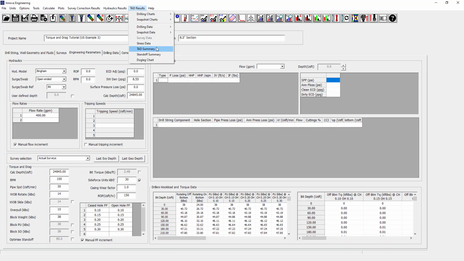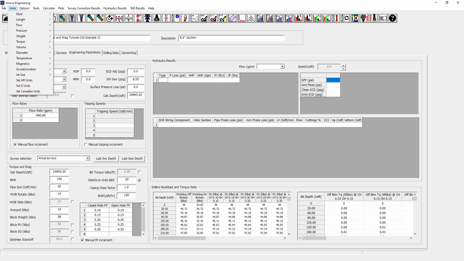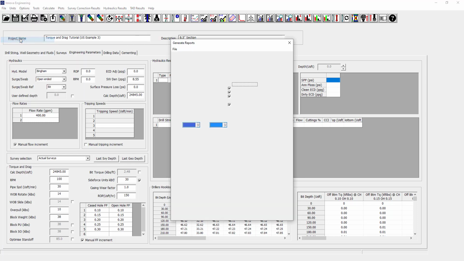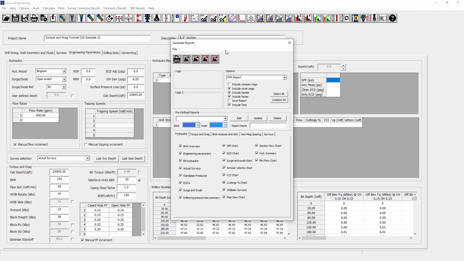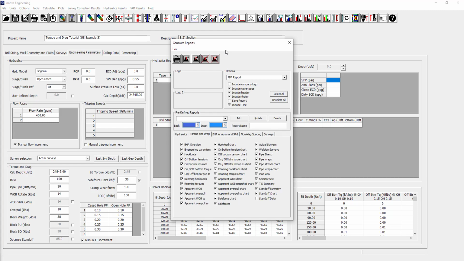So the torque and drag summary lets you print a report with just one click, but you can't customize it. If you want to customize what goes into your report, you need to go to File, and print reports, and this will bring up the reports manager. I'm going to cover all of the different options that are available in the reports manager in the charts and reports video, but for now I'm just going to give an example of how I can customize my torque and drag